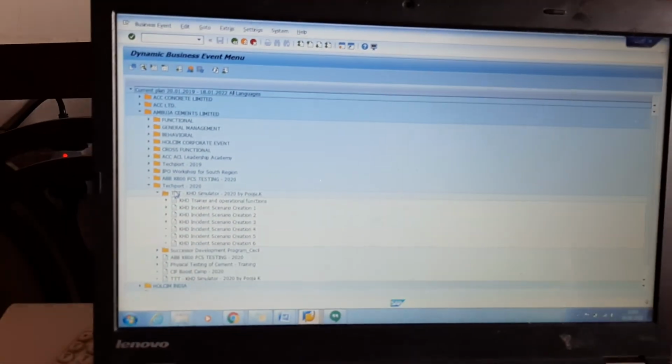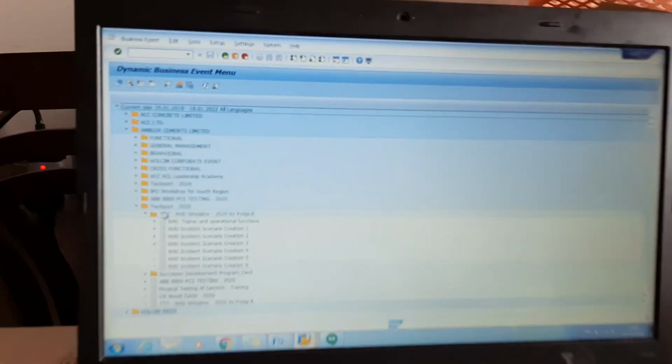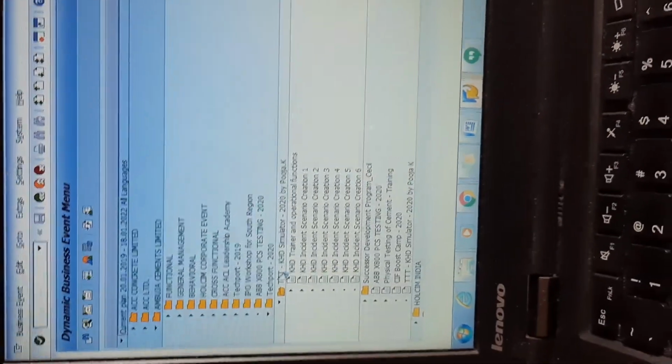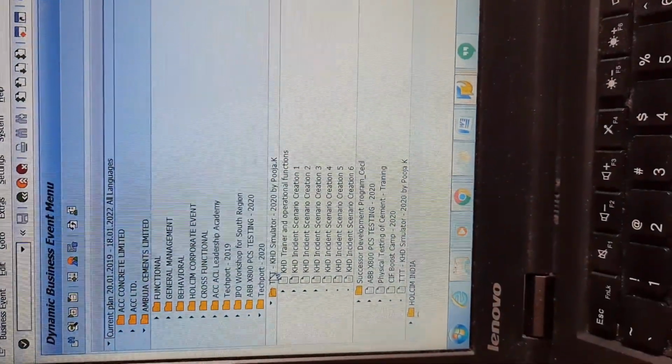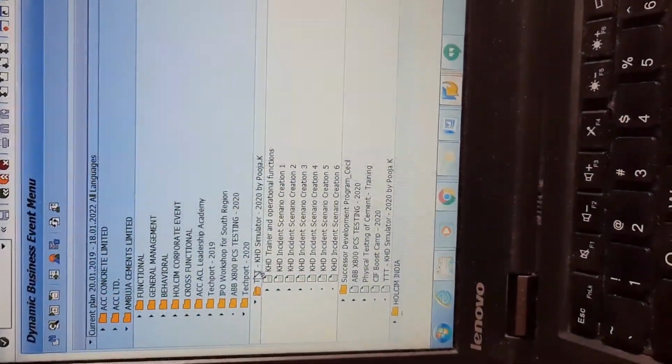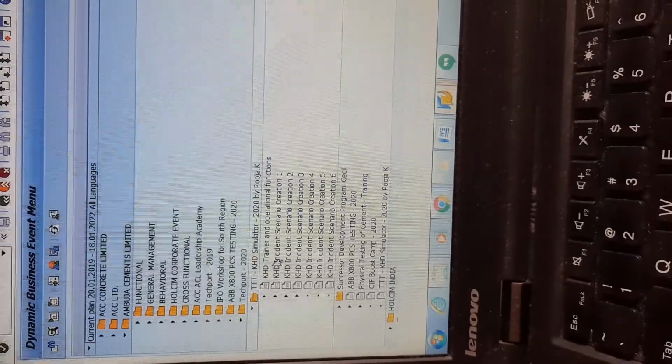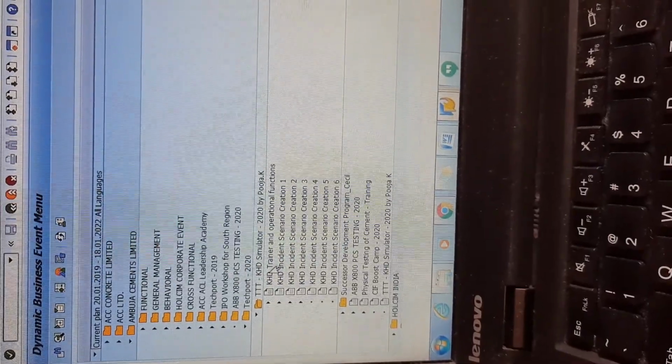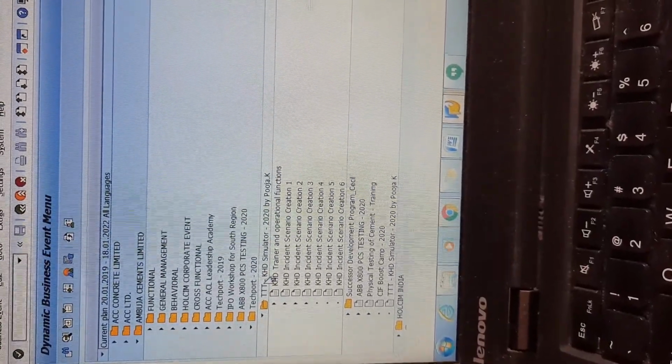One second, this was not clear. Sorry, there's some blurriness, so I wanted to show it clearly. These folders are called event type, and these are called the group names.